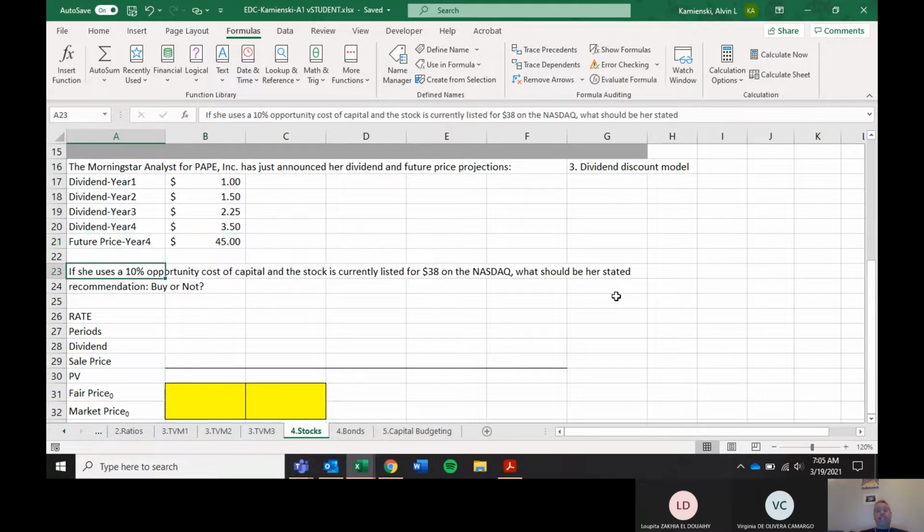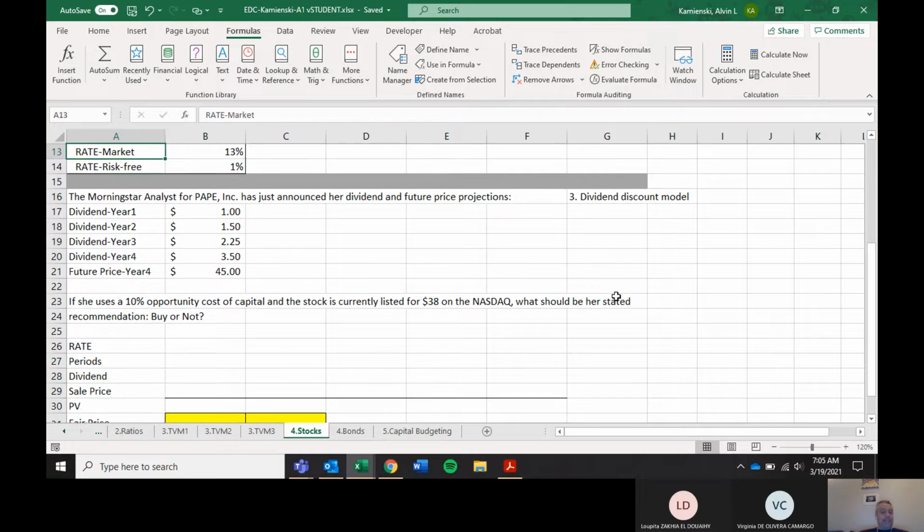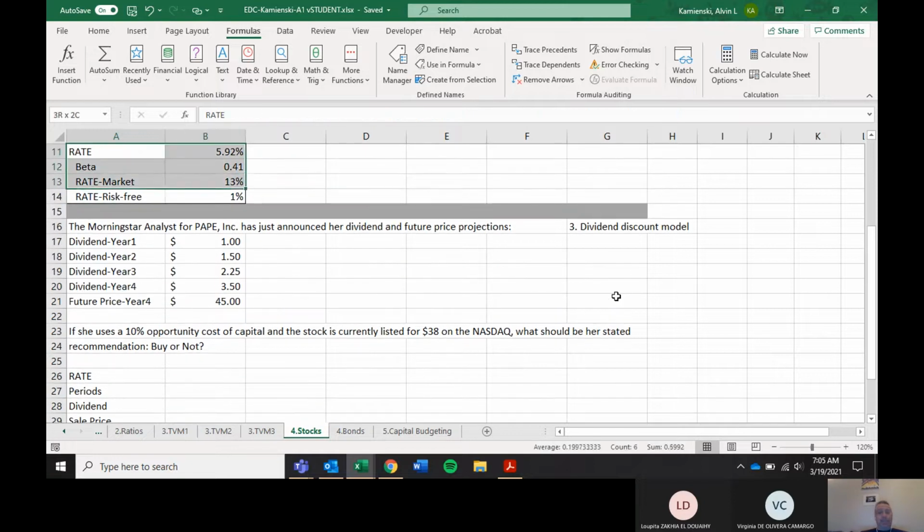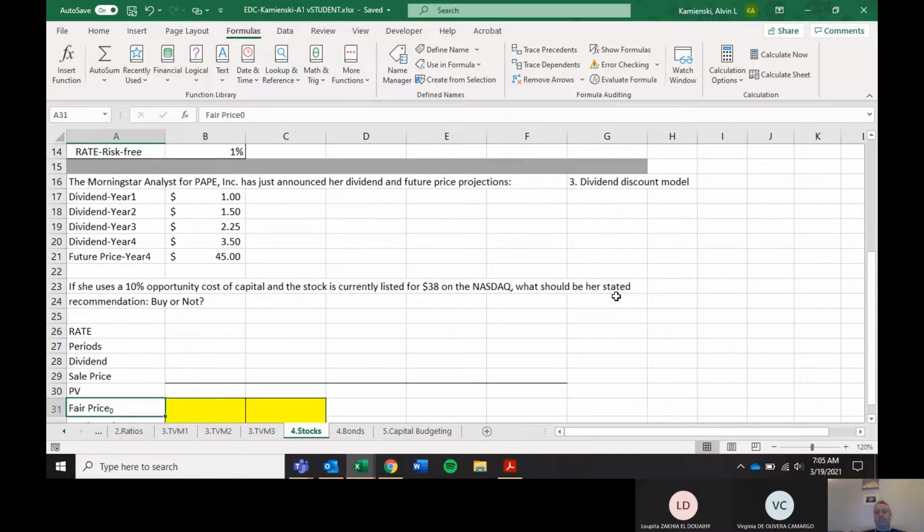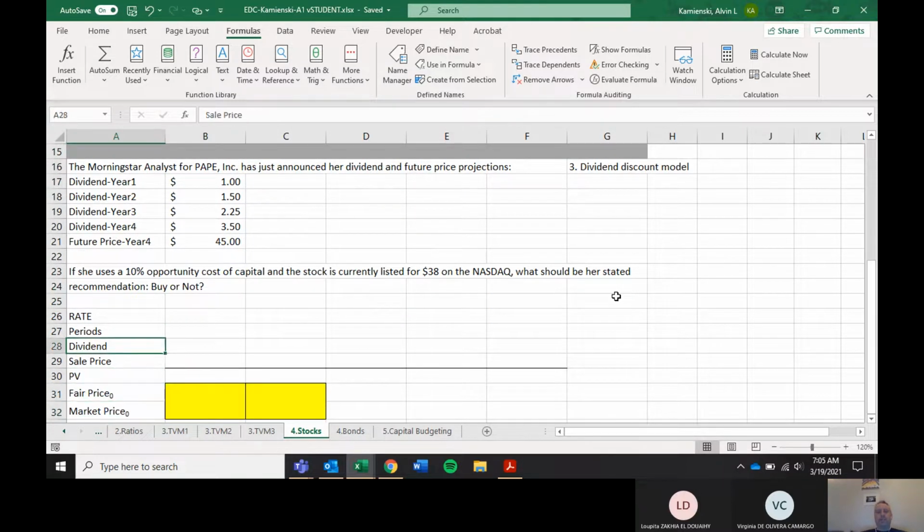So now she looks and sits and does a similar analysis like we did up here on going, what should an investor earn as a percentage growth rate of return if they were to invest in PAPE? And so her calculations tell her, let's use a 10% opportunity cost of capital. And then right now, just like we did in the previous, she looks up and sees that the price of PAPE is currently